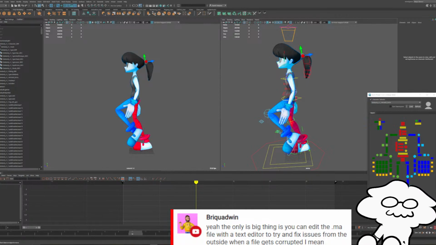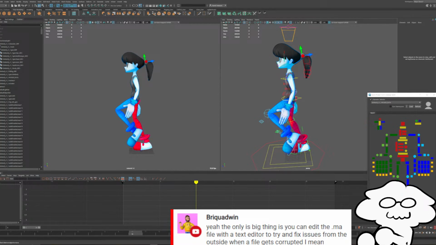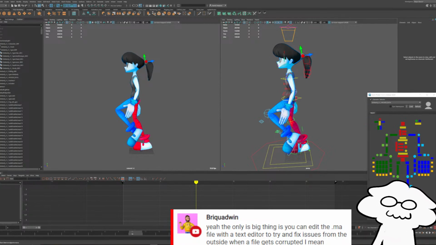So if you want to plan ahead for something like that, especially if you're working with much more complicated files than what I'm dealing with, you know, if you're working with game files, very simple characters, very simple rigs and skeletons and whatnot, your files are very rarely ever going to get corrupted because it's not working with a lot of data.